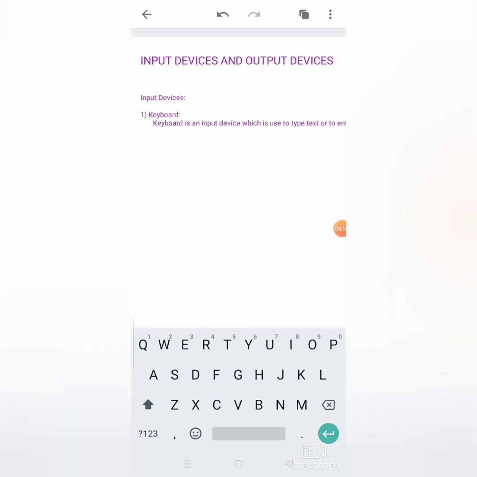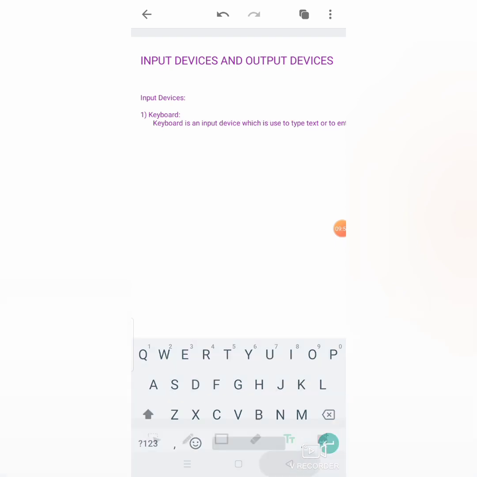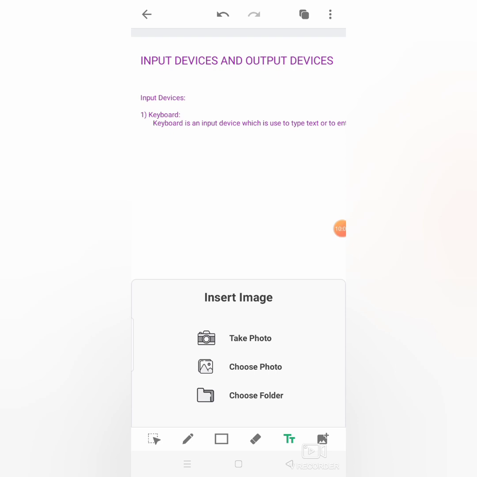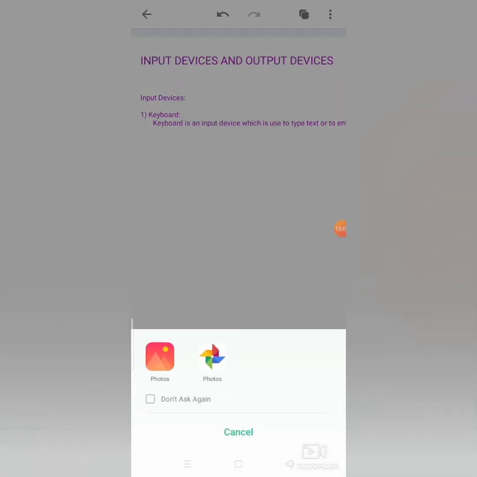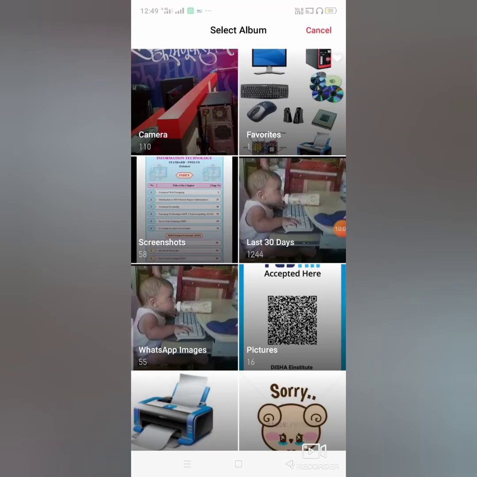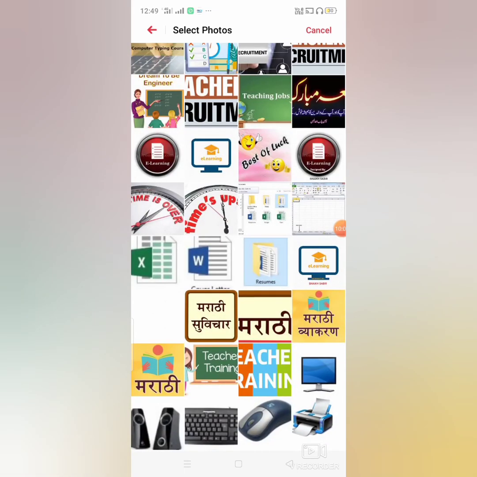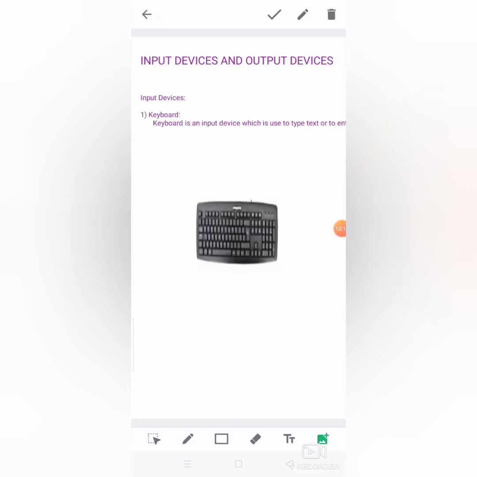If I want to take an image of a keyboard, I can add an image also. I already have that image. I will select that keyboard image. It is here. See,